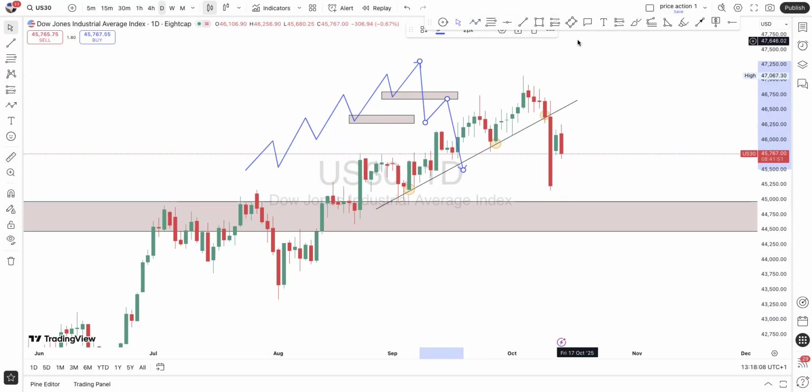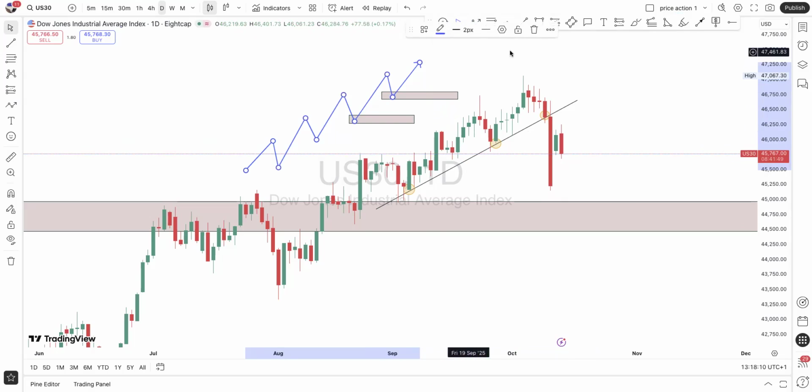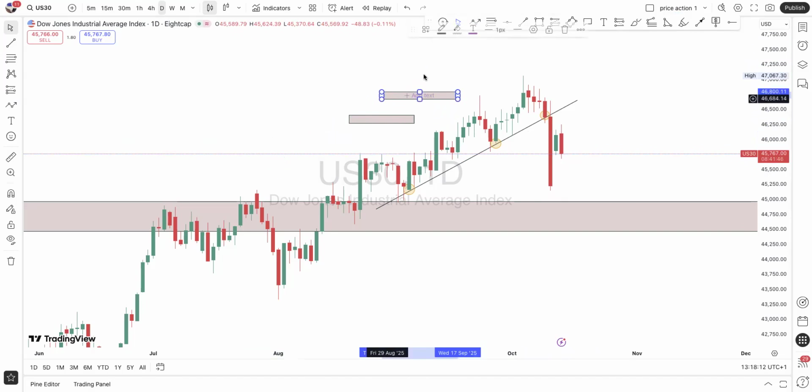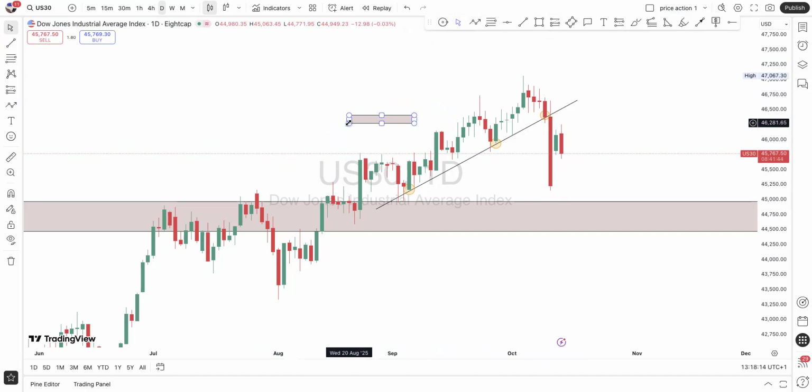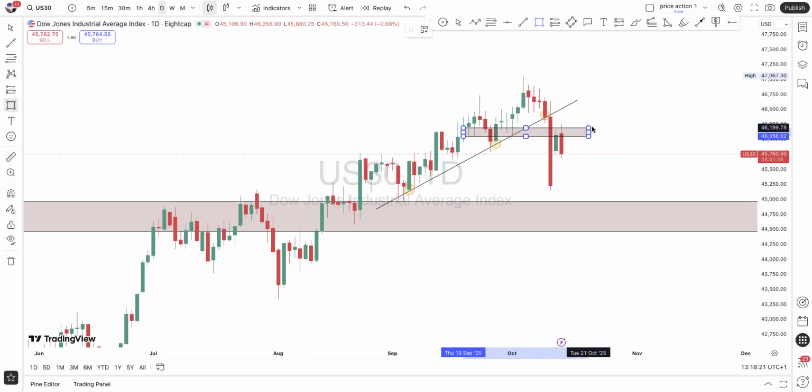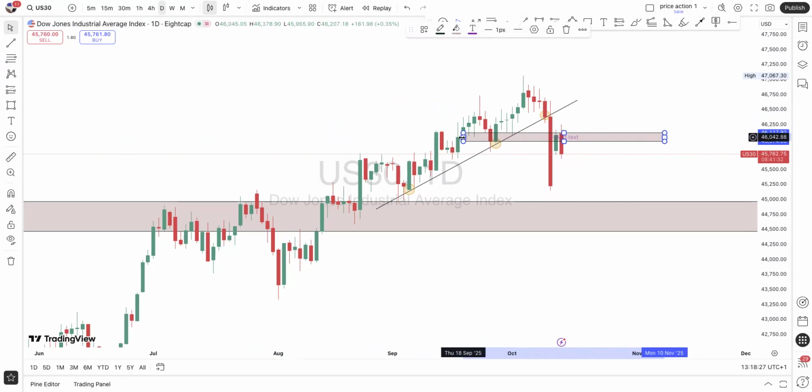All right. So that's exactly what we are looking for, and we got it right there. So it's as simple as that, and we're taking advantage of US30. So right now we're going to identify the lows, and this is definitely the low. We got the low right here. So the retest has been done.